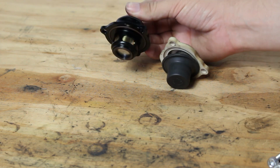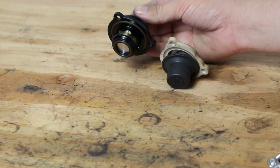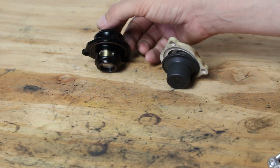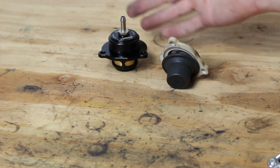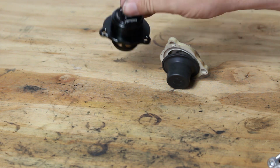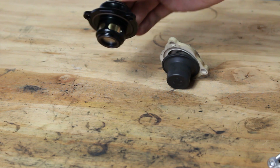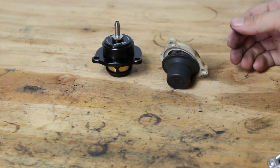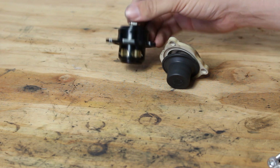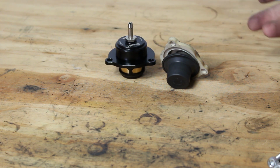And one thing that I thought was really cool is when I was ordering this valve, Turbosmart was asking me if I could find out what my vacuum level at idle is and what my maximum vacuum is, so they could spec the correct stiffness of spring inside this valve, so it legitimately is like a tuned recirc valve. And just by looking at how different the design is and noting the difference in how stiff the springs are,